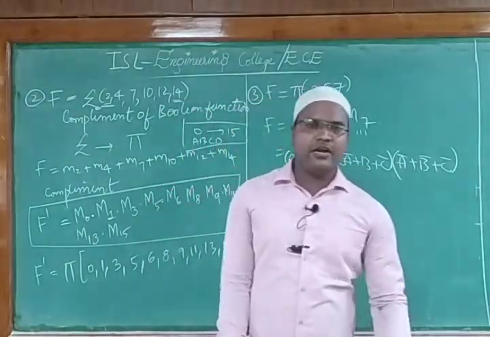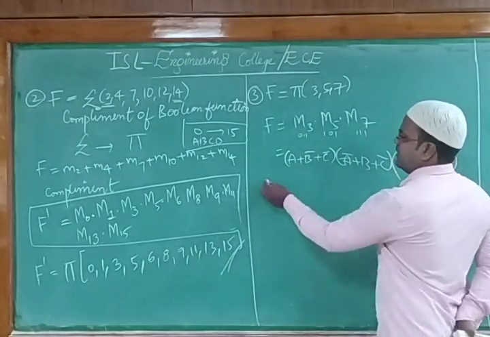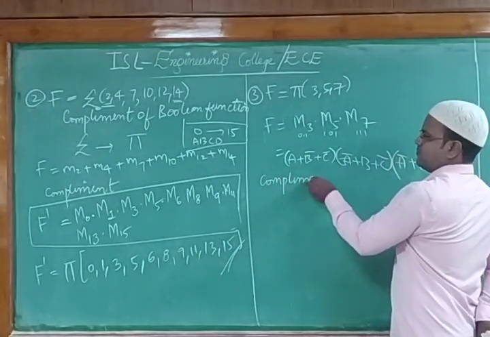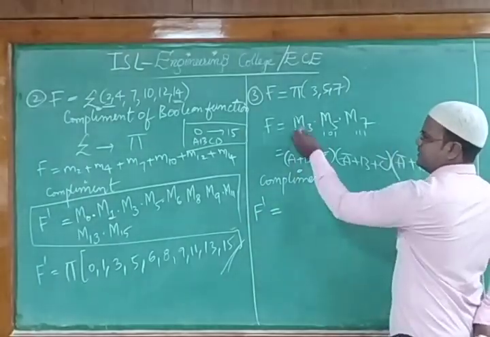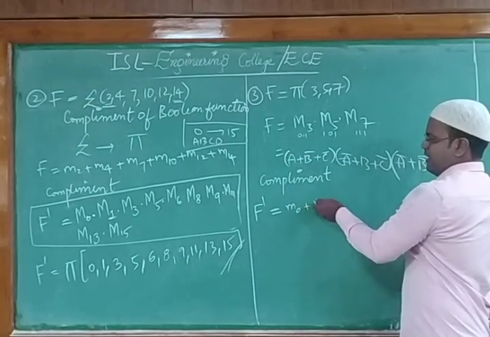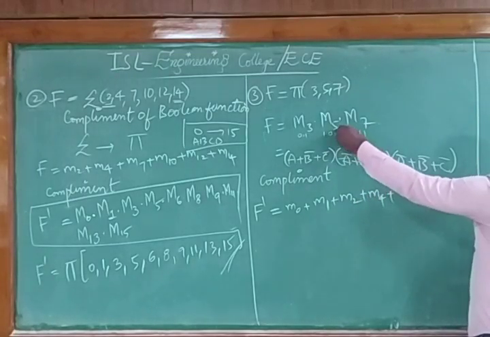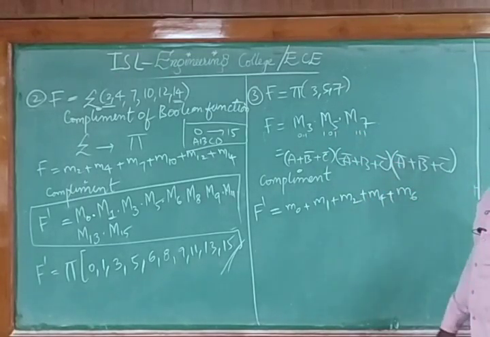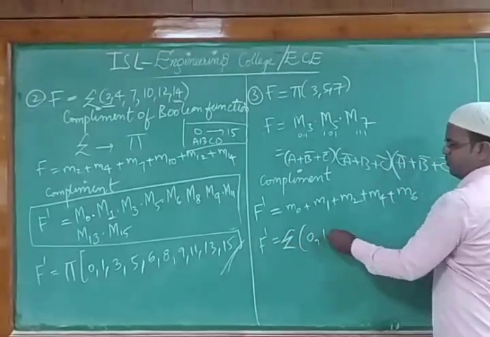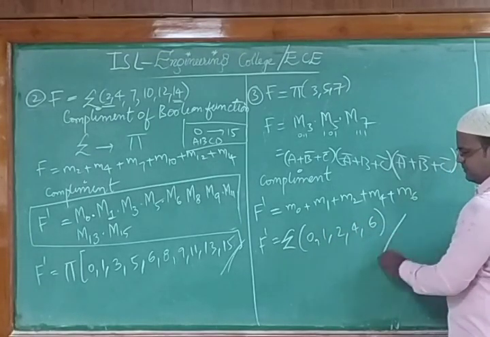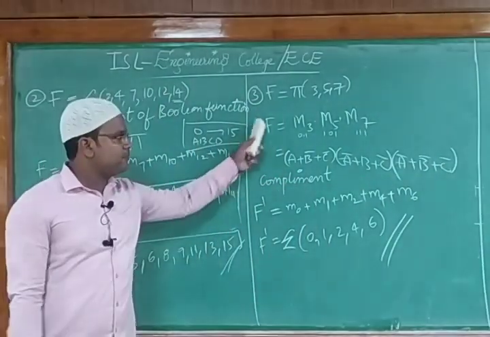So next thing is that we need to write its complement. That means your product term needs to be written in terms of summation. So what I'll write? Take the complement of the function. So F complement is equal to this pi, we'll make it as sum. So what I'll write? M0 plus M1 plus M2. M3 is there already. M4, 5 is there. M6. So that F complement would be summation of 0, 1, 2, 4 and 6. So this is the conversion of product term to sum term and sum to product terms we have